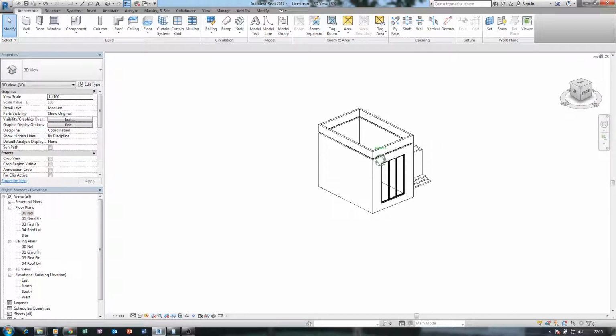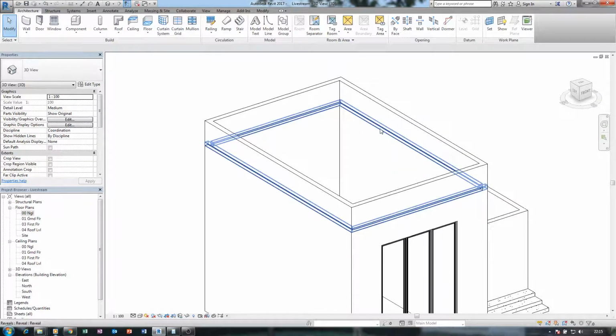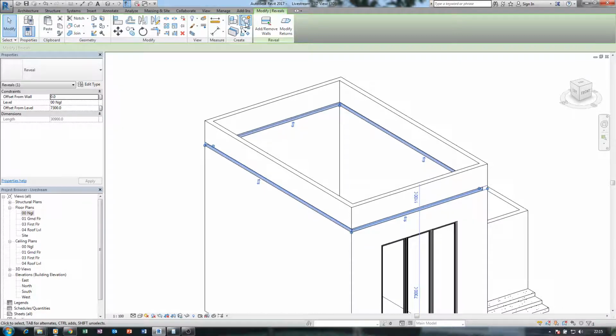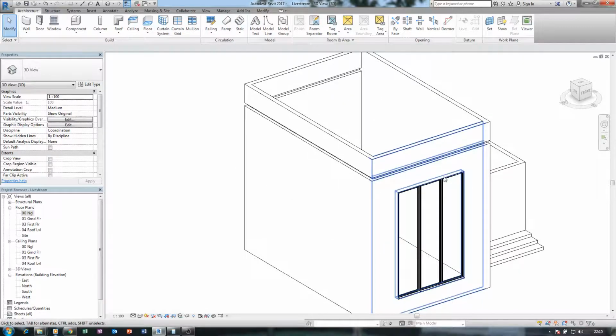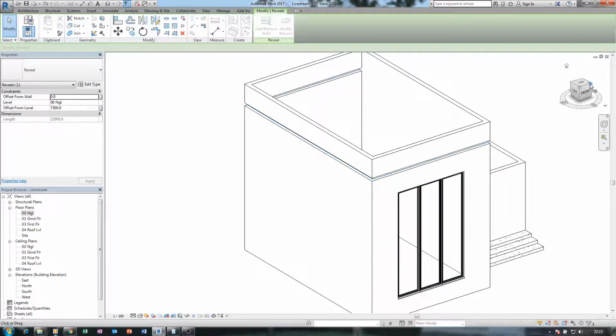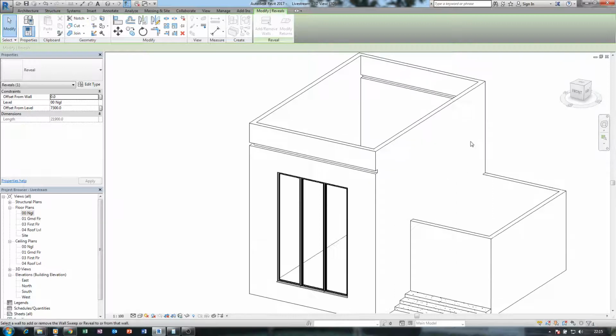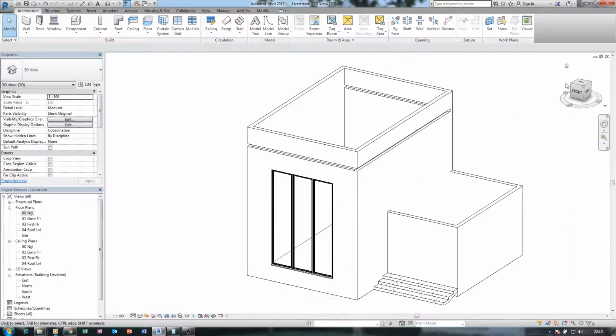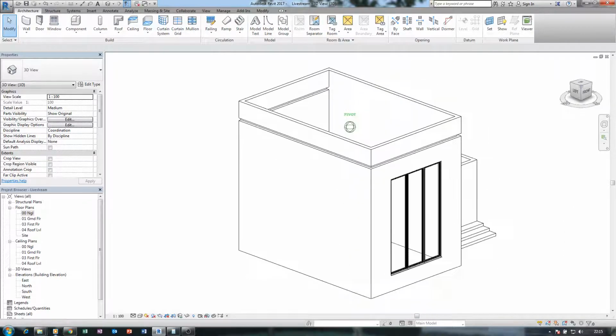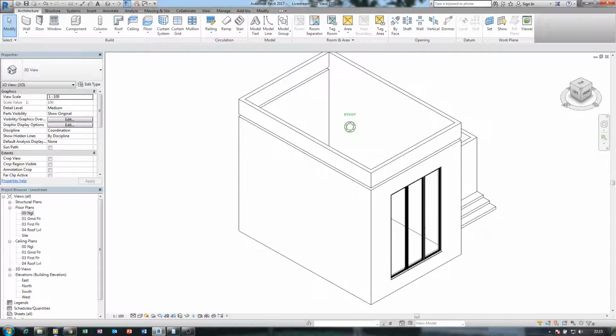See there. Okay, I've removed the wall. So I can pick it again, add wall, and come to this side to add the wall. You can see how Revit intelligently wants to play me.